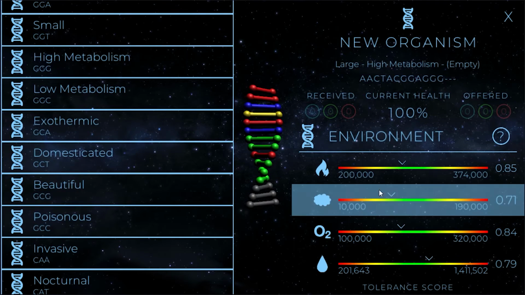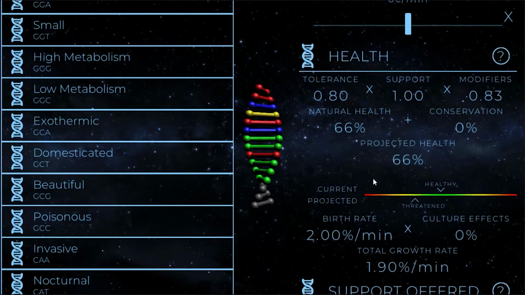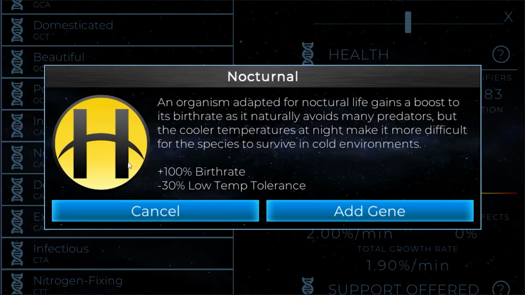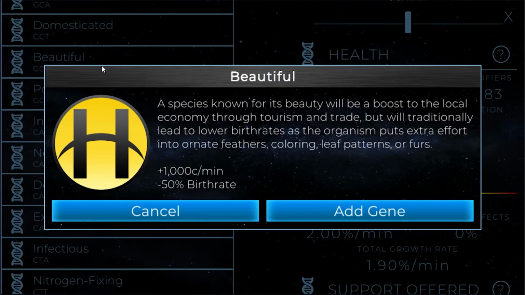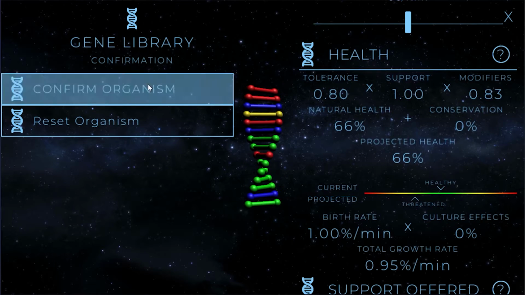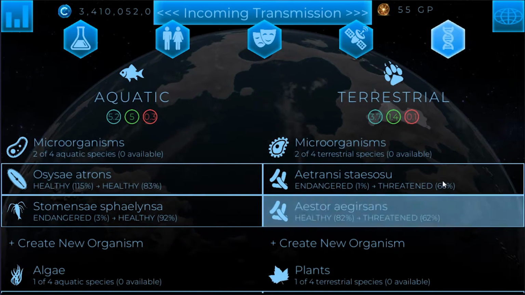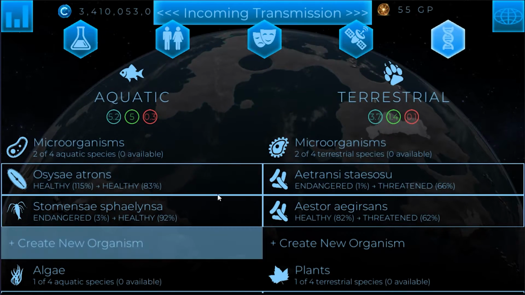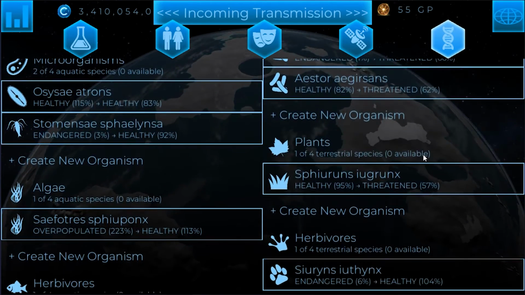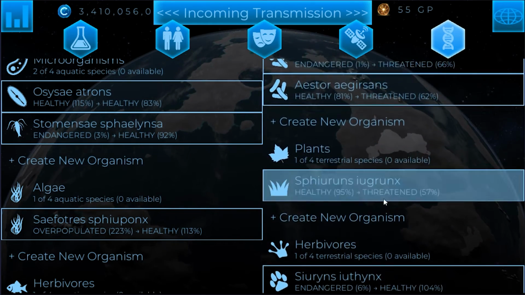Do high metabolism. Should still be 69%. That seems to be, ooh, 66. It's even worse. And beautiful. Let's see what we get here. Threatened at 62. I really want them to both be healthy. That's getting down to threatened. That's healthy, but